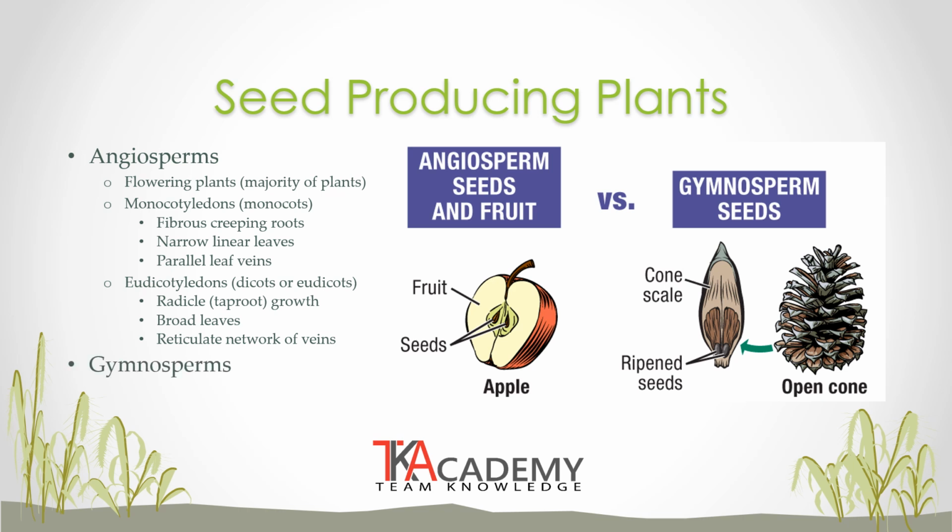Gymnosperms refer to seed-producing plants that produce their seeds without the protection of the ovary or fruit. These enclosed or naked seeds develop on the surface of scales or leaves, which often form cones. Pollination of gymnosperms is mostly dependent upon the wind. Almost all conifers are gymnosperms, but cycads and ginkgo also belong to this group.